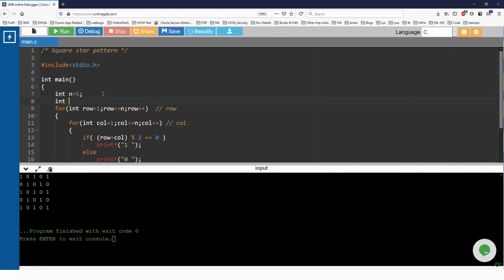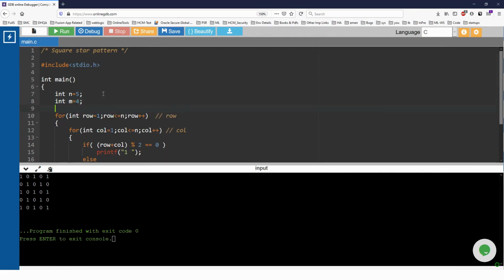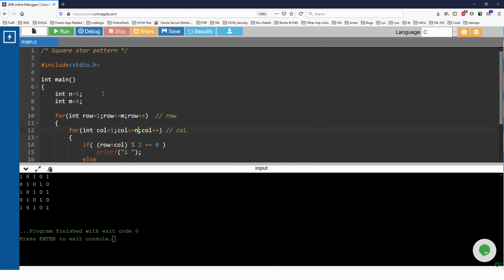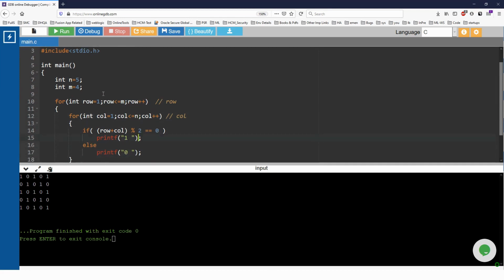Let's go and see. So I'm going to use m equal to 4. m means rows, how many rows I have, and n means the number of columns. Here I am going to use m and n, right? So let's print a star pattern for this.